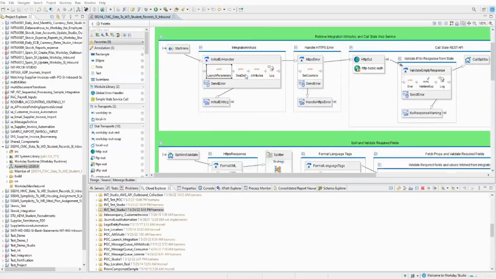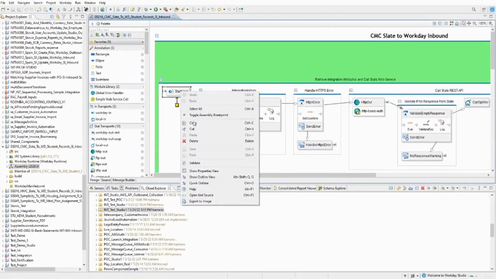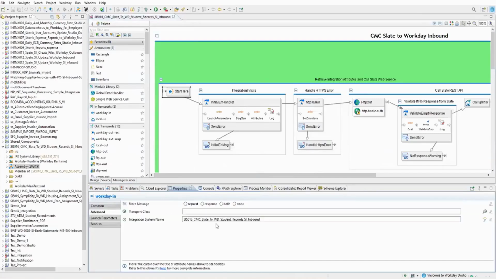So now, today, what I will do is I will share the real-time examples and we will go from there. So this is one of the studios that I have. Now what I want to do is, let's go a little deeper. Say this is what we have done till now. We have the Start Here component, and then we have done some launch parameters.